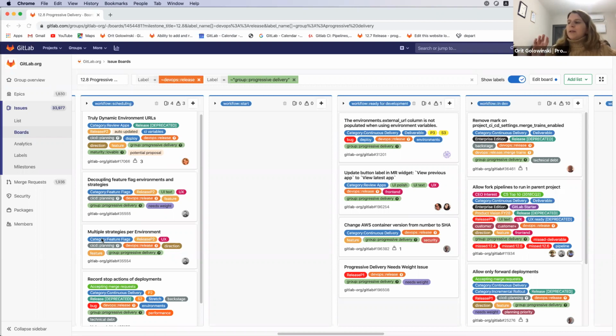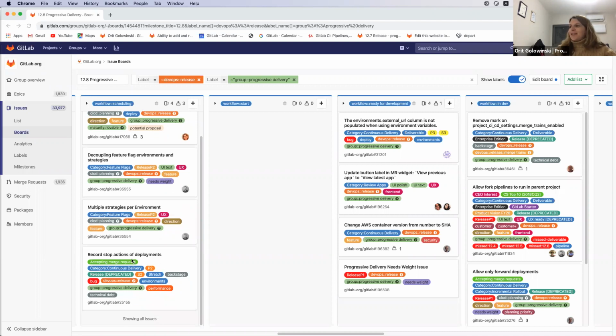This is tied into the new refactor of UX that we did for feature flags, and this is the foundation of everything. So before we get these two items done, there's no point in working on anything else. That's decoupling feature flag environments and strategies, and multiple strategies for environments. These are two really important milestones, and I think they're the only ones scheduled for this release. But we'll see when we go forward in the next columns.